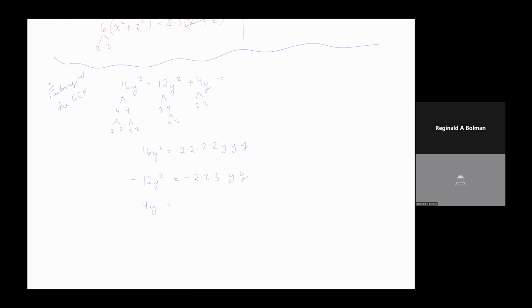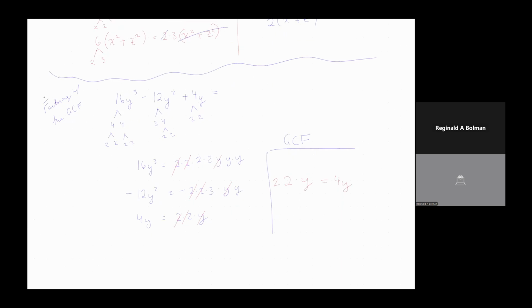All right, so to calculate the GCF, we just essentially cancel out any terms that are in common. We found that there's a 2 in common. There is a y in common. And I think that's about as good as it gets. No, I think we can actually factor out another 2. So we found that 4y is the GCF of this expression. So here's what we're going to do with that information. What we've just found is that we may rewrite this polynomial as 4y, and then in a sequence of parentheses,